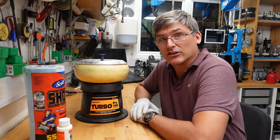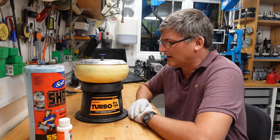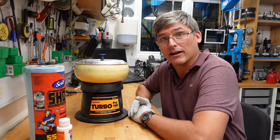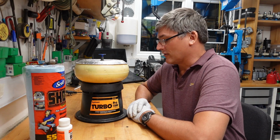I've had this thing for ages, and you can see this is meant to be orange. By now it's kind of like a sickly yellow. Overall it's a very good tumbler, and I will show you why. Now you can see that this is a machine which I've had for a long time and which I treasure,